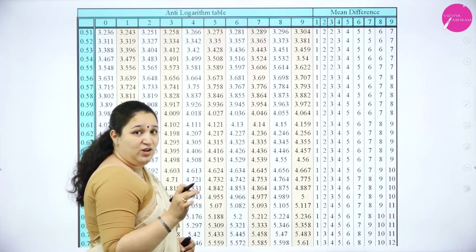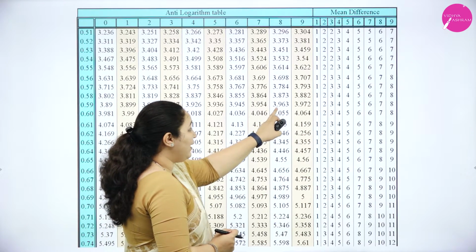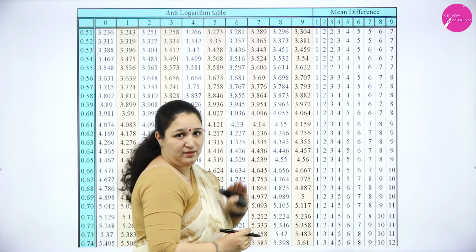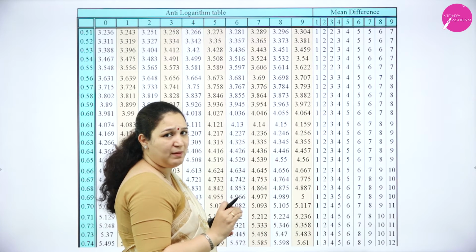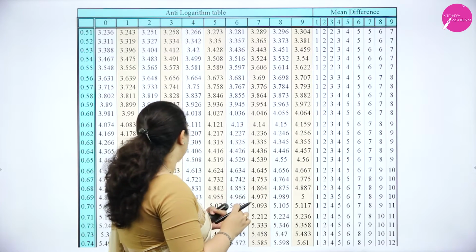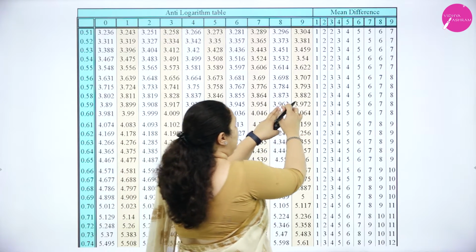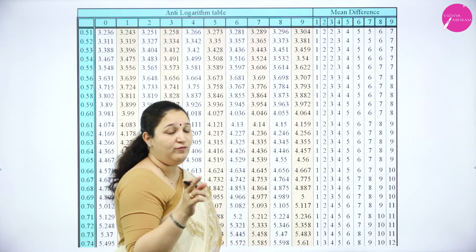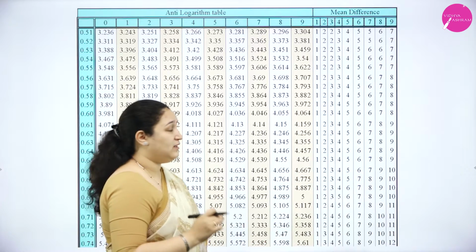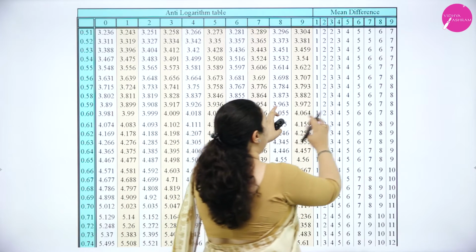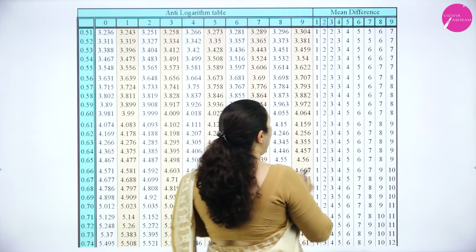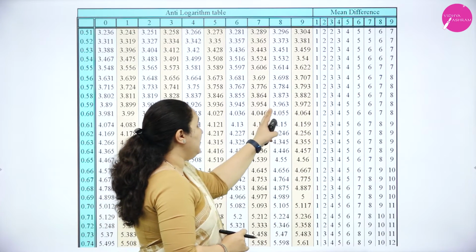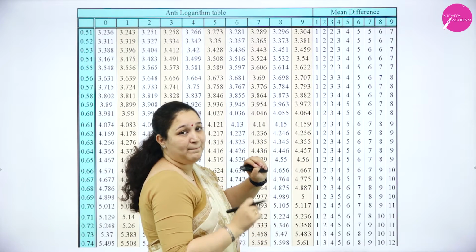Or in your Clark's table this decimal point might not be there, just 4 numbers might be there as 3963. So you just remember it as 3963. Okay, that is under 8. Then you have mean difference 9. Why 9? Because I have to find the antilog of 0.5989. So 0.59 under 8, mean difference 9 is 8. Now I have to add this 8 to this number. So I'll get it as 3963 plus 8.